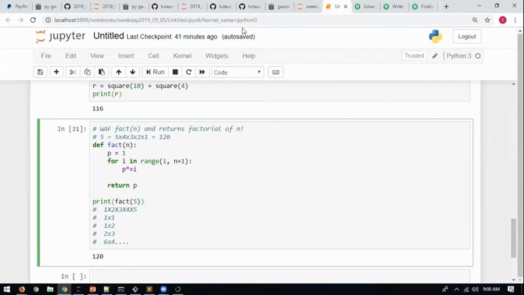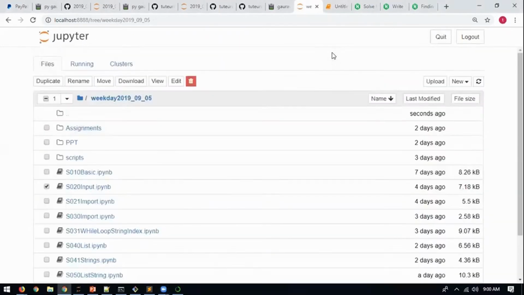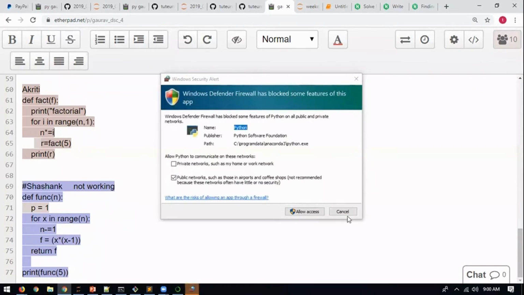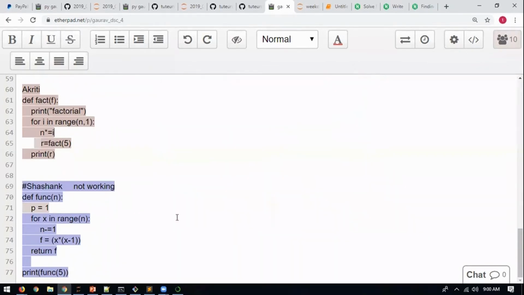Megha asks: what is a name error in Python? There will be a name error in Shashank's code. Why? Actually, I changed his code multiple times, so there won't be any name error as of now. It will work. But what is the result that you will get? Just think.